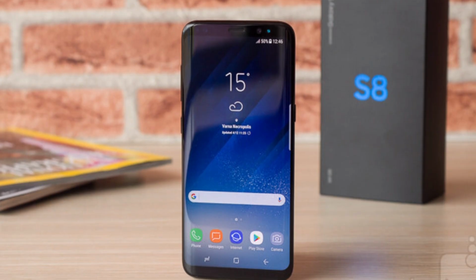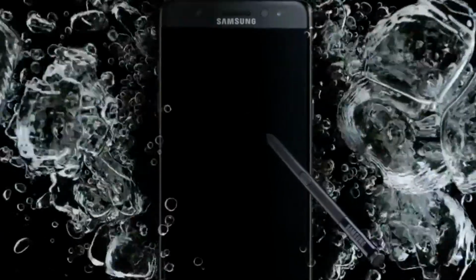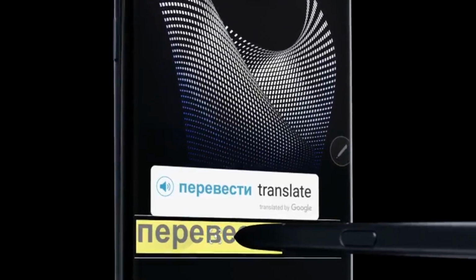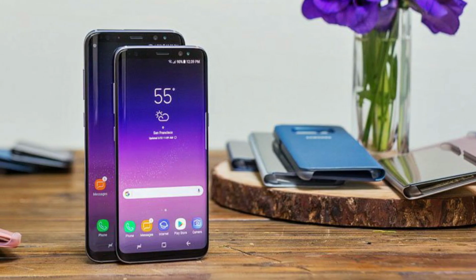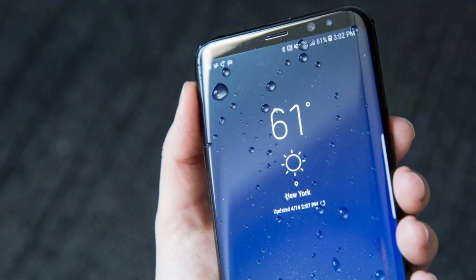in a statement. When the Galaxy S8 arrived, all the attention shifted from the previous debacle to the new phone's extra tall displays and features like the Bixby Digital Assistant. Eventually, S8 sales soared to new heights, paving the way for the success of the Galaxy Note 8, which redeemed